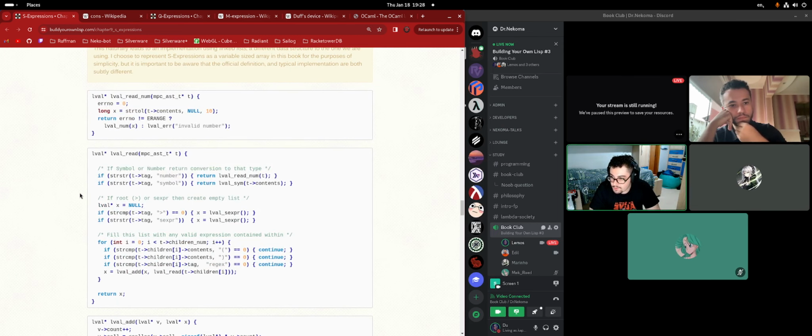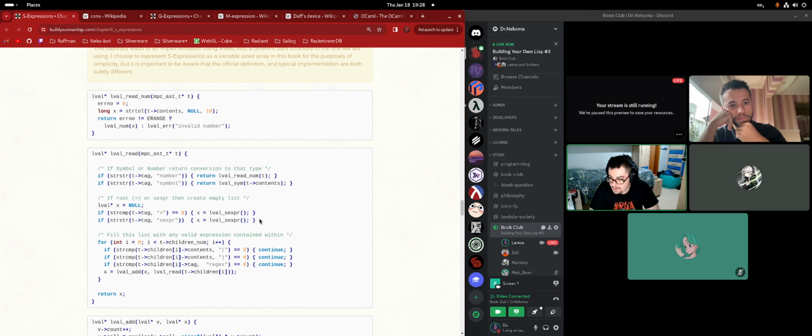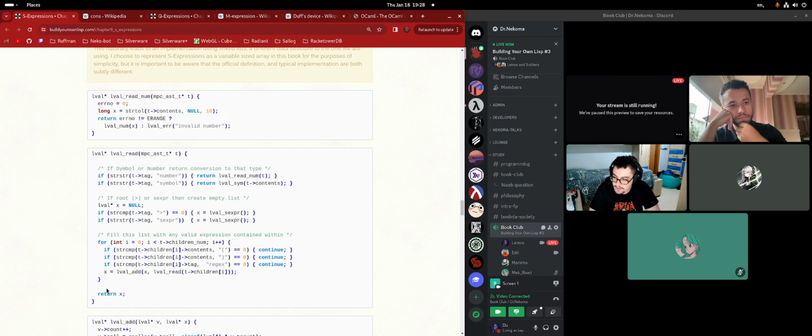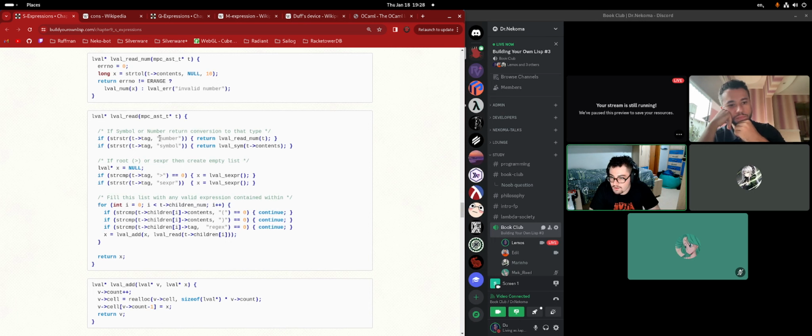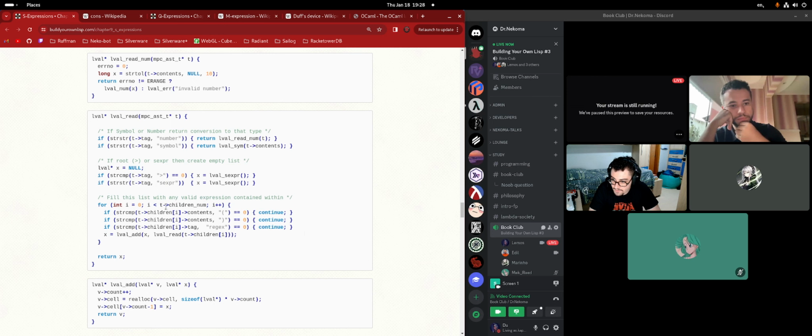Well, let's go further. So we rediscover how to read a number, and we're gonna use this function. This is actually the only conversion that we need to do. We're gonna use this in the outer reader, let's say. If you parse a number, you're gonna use the function that we just saw. A symbol is also gonna be treated as a string, so it's fine. And then this is jumping the useless tokens.